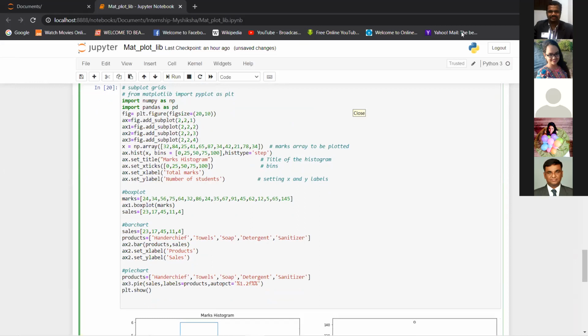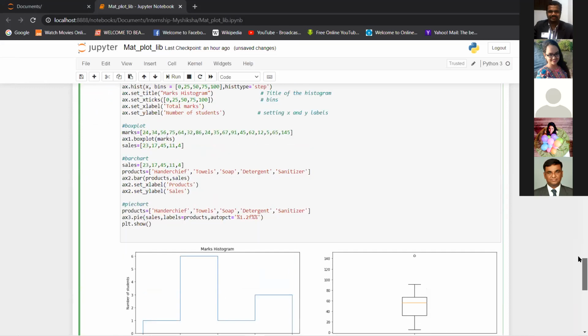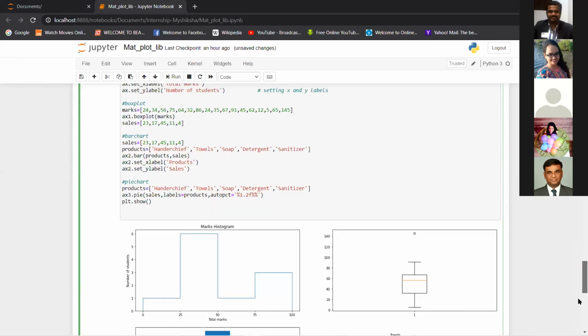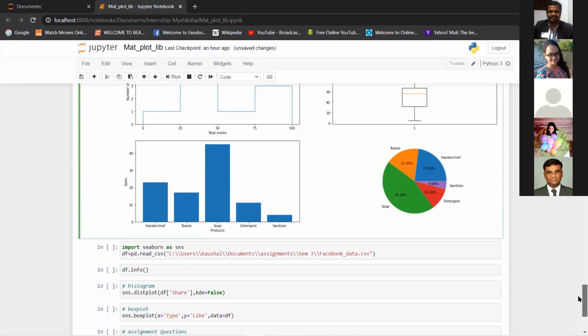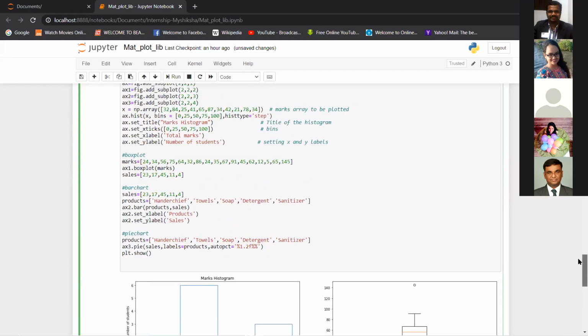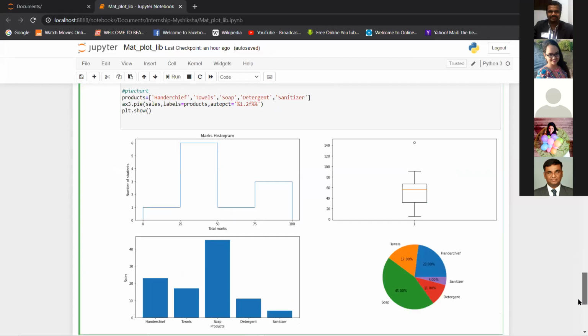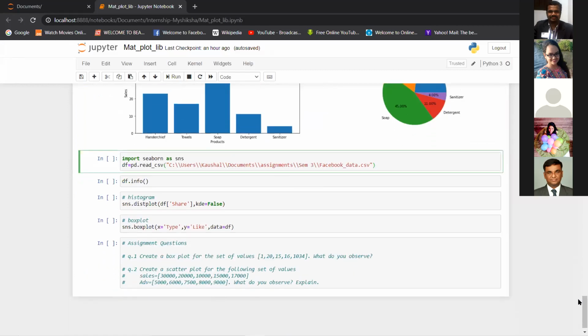Also, I think you were able to see the photograph, right? This was subplot. You can try the subplots parallelly, so you can ask the doubts that you have. Right?